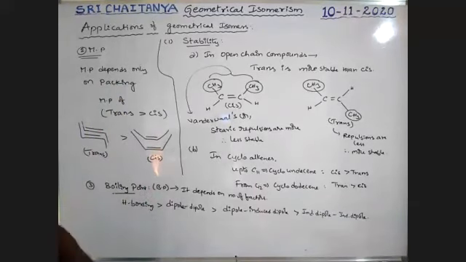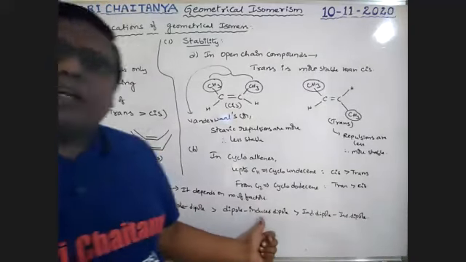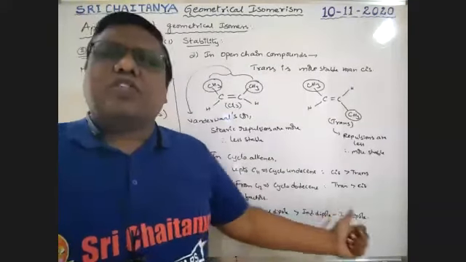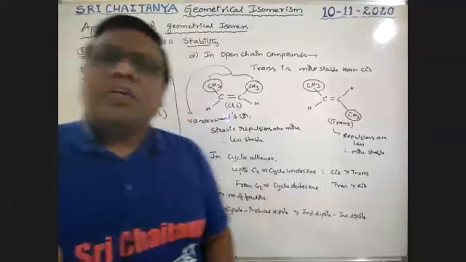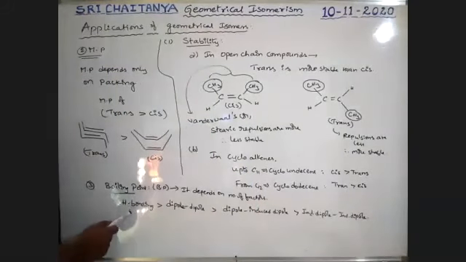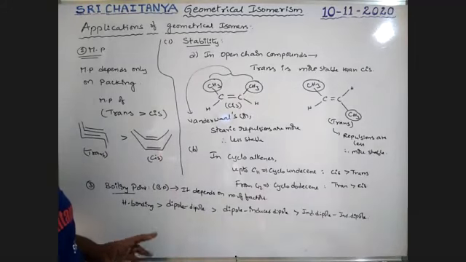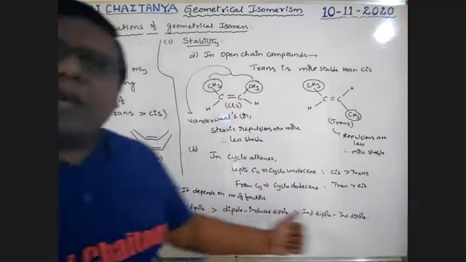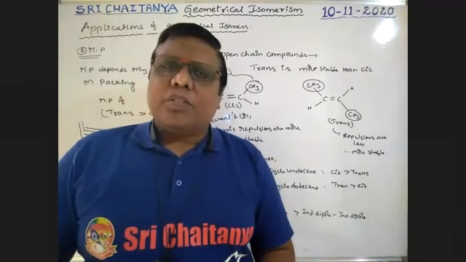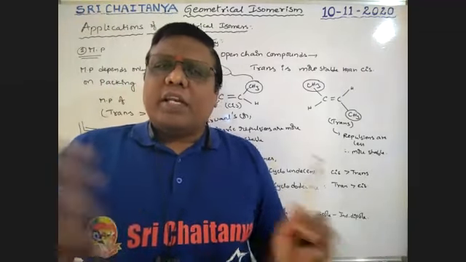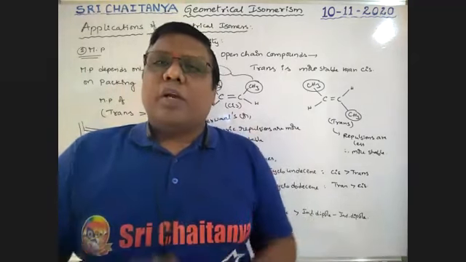But boiling point depends on a number of other factors: hydrogen bonding, dipole-dipole interactions, dipole-induced dipole interactions, induced dipole-induced dipole interactions. If hydrogen bonding interactions are very, very high, more hydrogen bonding means more is the boiling point. This is the strength of attractive forces between the molecules, boys. More hydrogen bonds, more is the attraction between the molecules, more is the boiling point required.